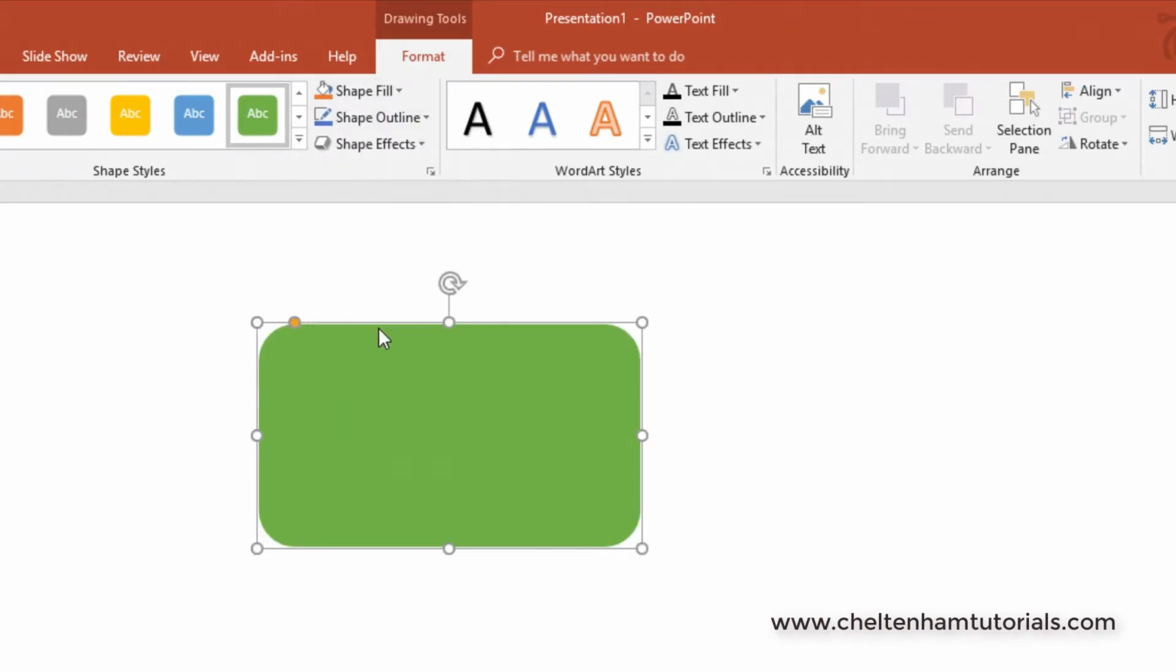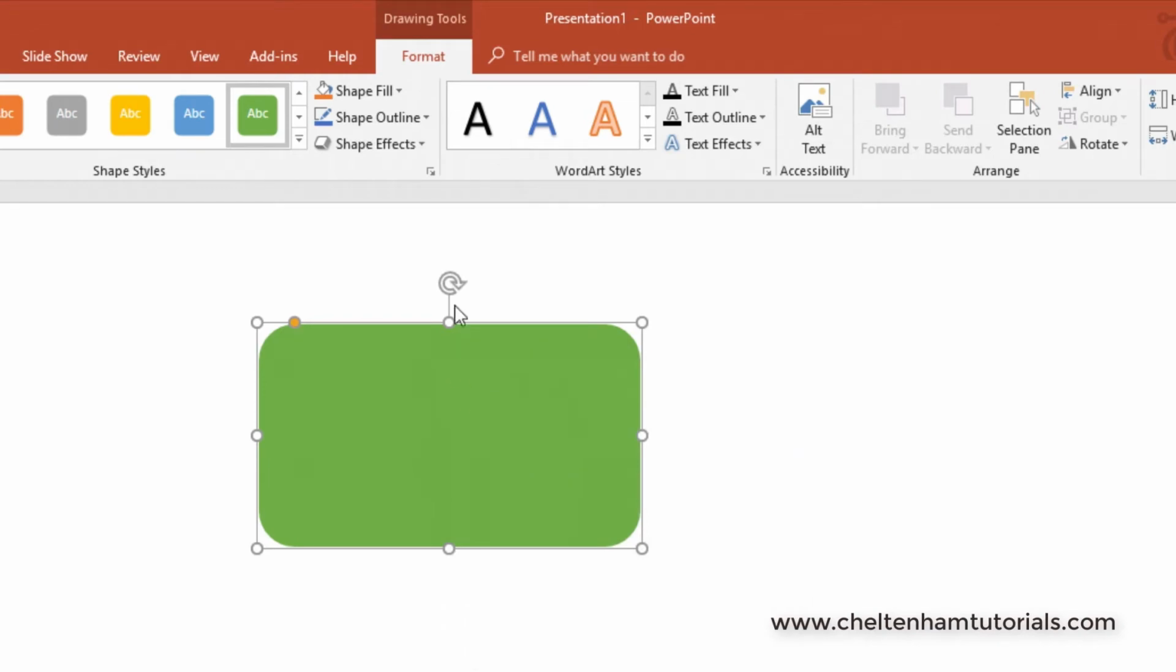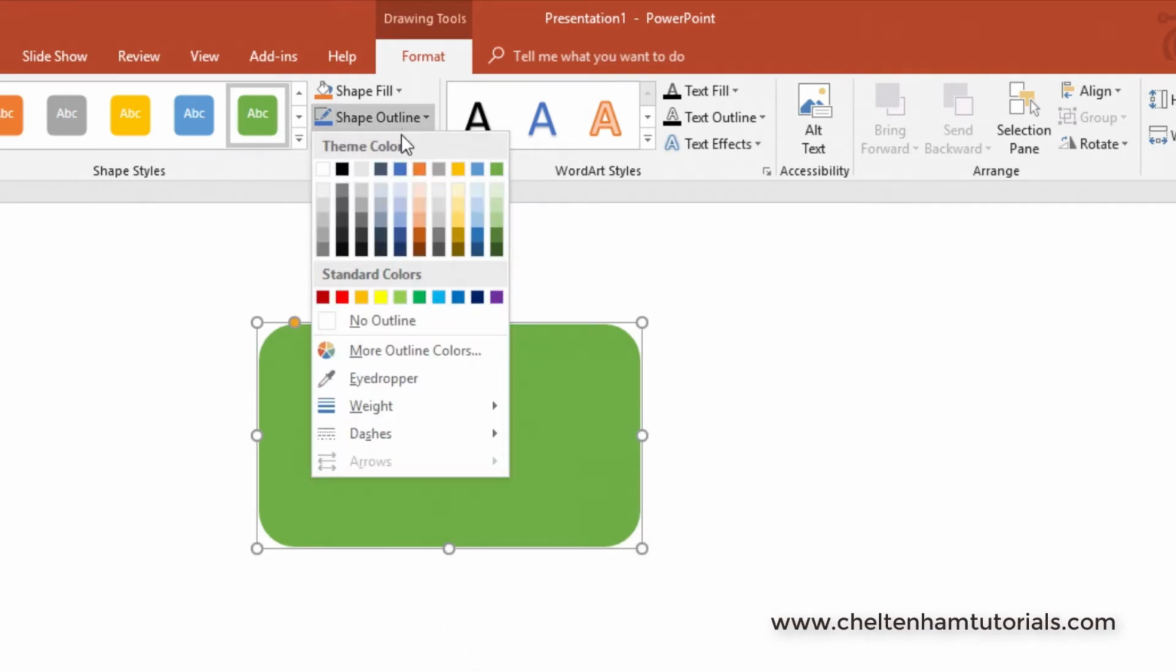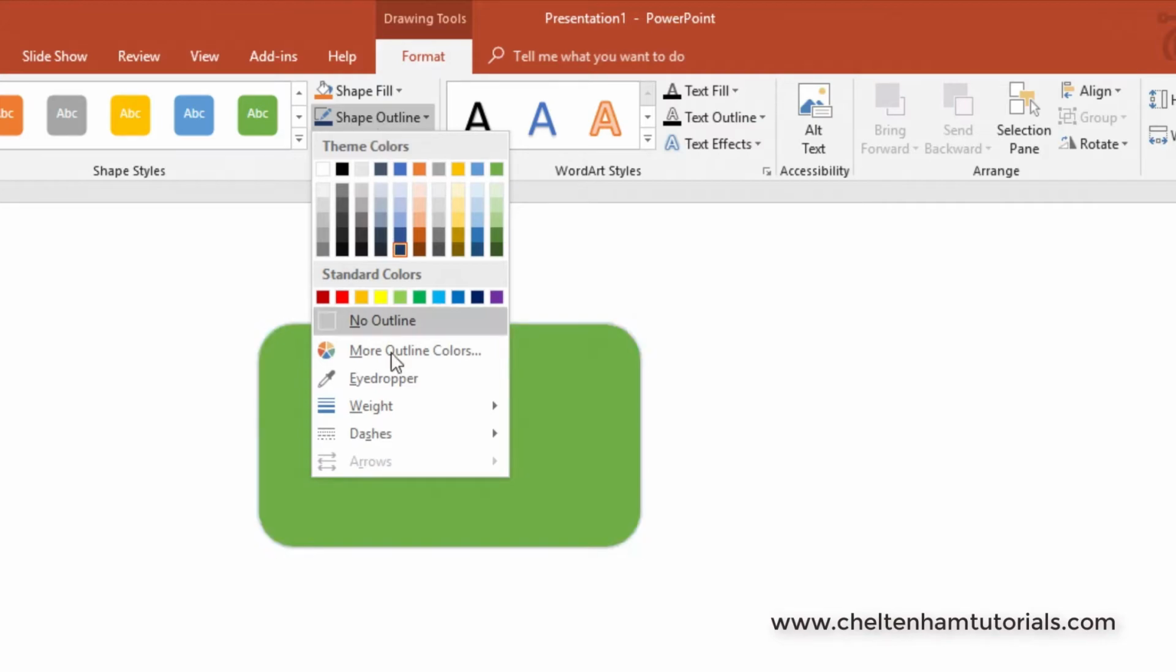Or if you want more fill colors, you can just drag this around here and you can mix the colors any which way you want. I'll let you play around with that. Similarly with the shape outline, you can have a different outline, so you could have maybe a blue outline, and you can hardly see it at the moment, so if you wanted a thicker outline, you just go to where